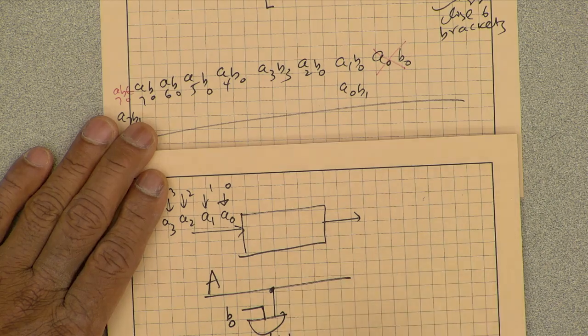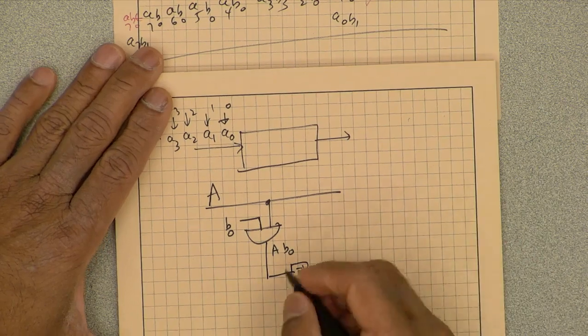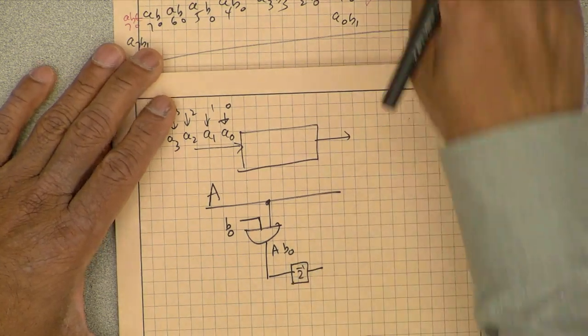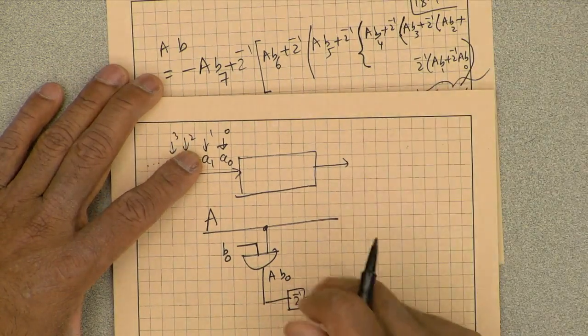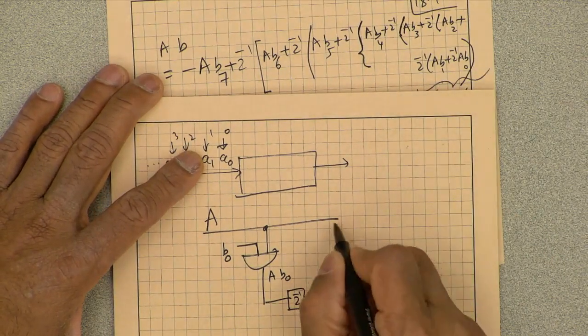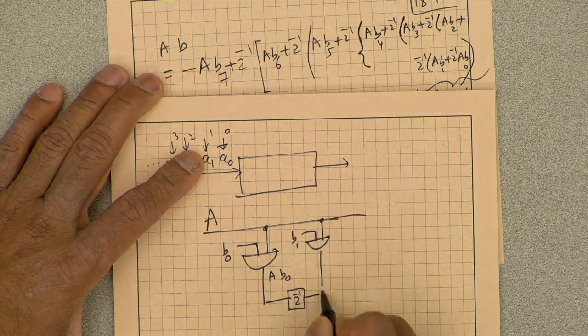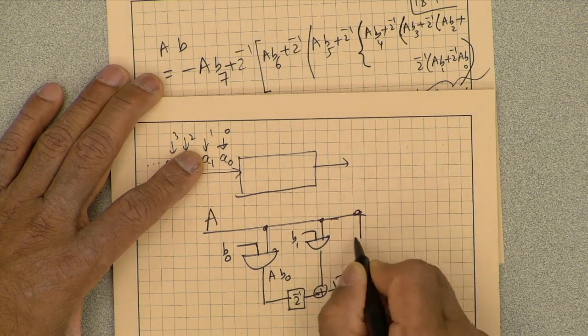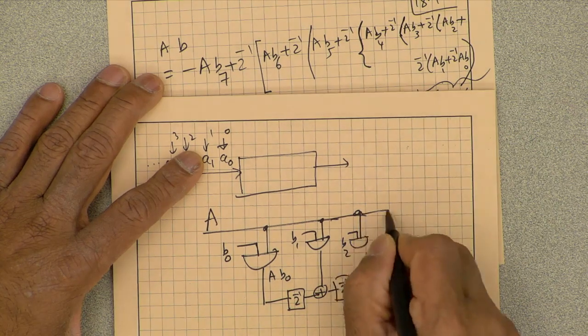We'll talk more about that, but in terms of a high level block diagram, AB0 times 2 to the power minus 1, we'll talk about what that means, plus A times B1, so add these, multiply by 2 to the power minus 1, plus AB2, add these,